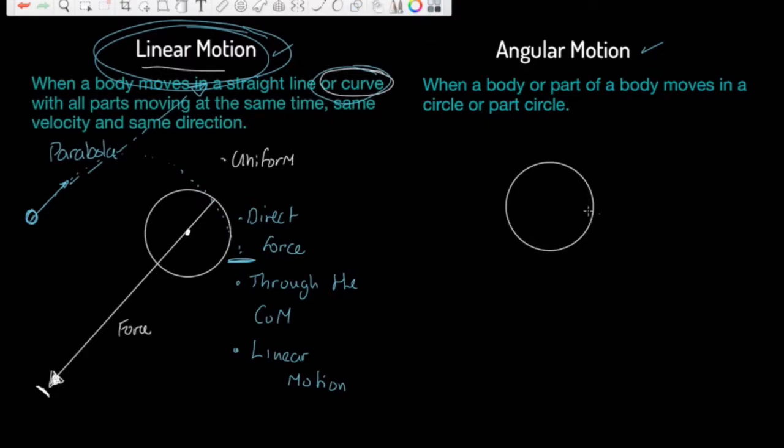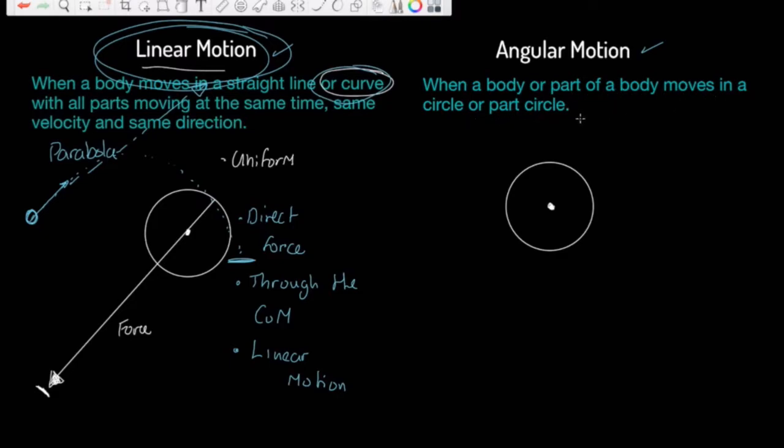So we've got our circle again, and let's again put in here that we've got our center of mass. So there's our center of mass, approximately in the middle of the ball. If we were doing this with ruler and protractor, we'd get exactly in the middle of the ball. Excuse me, I'm struggling with that. And what we're saying here for angular motion, it's when a body or part of a body moves in a